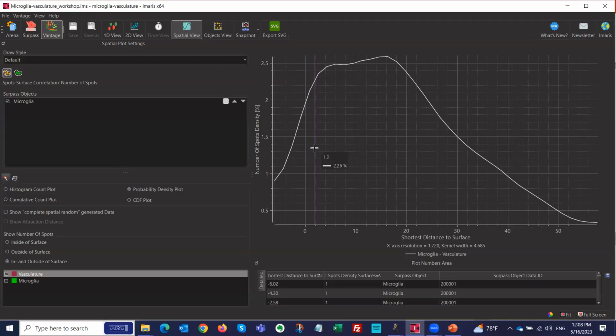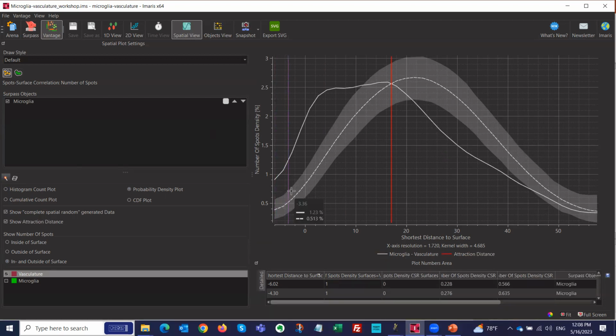So you can see, for example, here between 0 and 23 micrometers is where we would find most of our microglia in this data set. Okay, and you can compare this with a complete spatial random generated data here. So this is a complete spatial random generated data, the Gaussian curve here, and it takes all the underlying